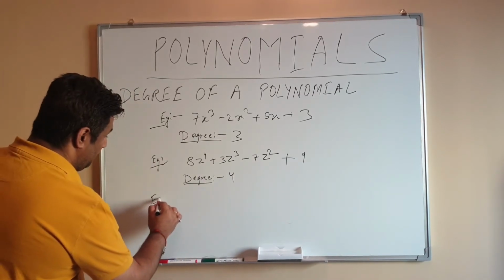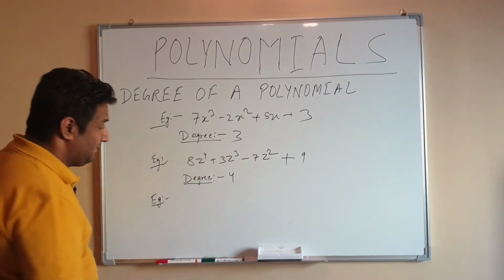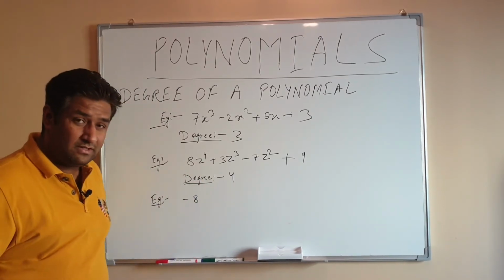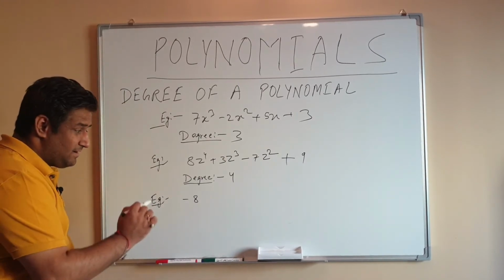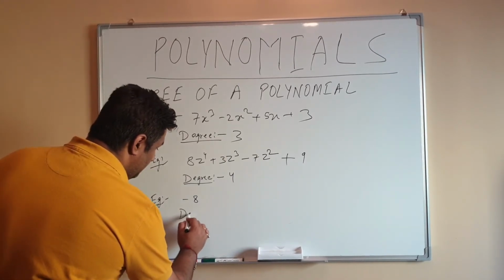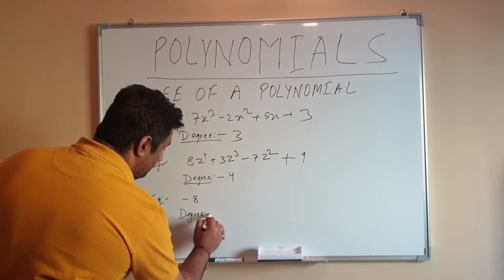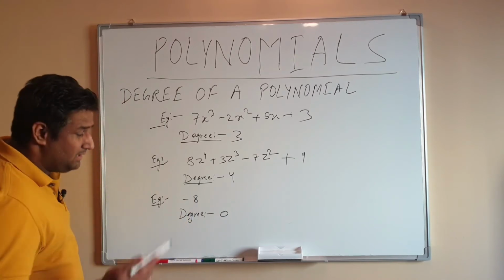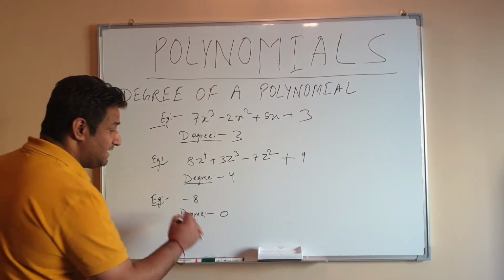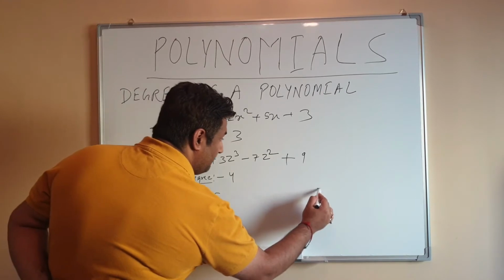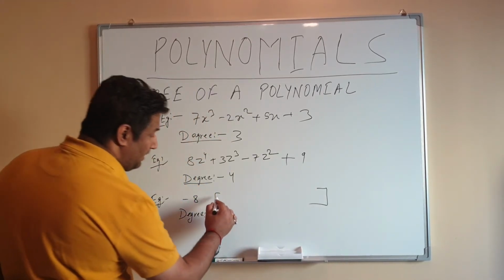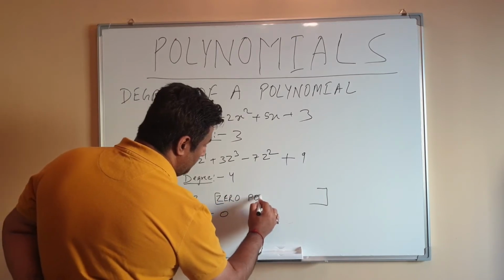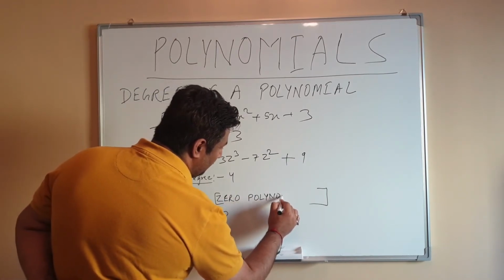Like for example, there is just a number term, let's say minus 8, that's all. Now what's going to be the degree of this? The degree of these kind of polynomials is going to be 0. Why? Because there is no variable term in it, so the degree will be 0, and these kind of polynomials are called with a very special name. The name is called zero polynomial,